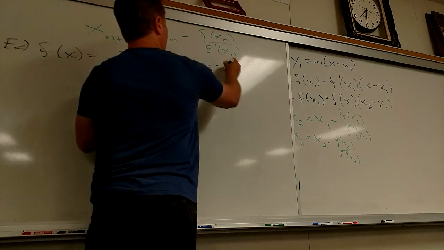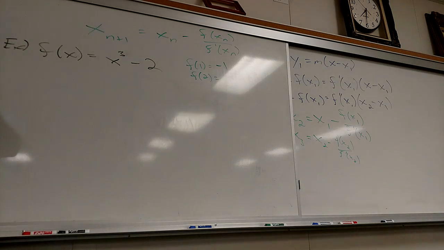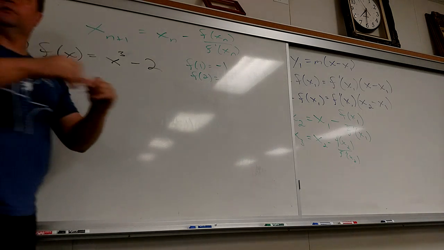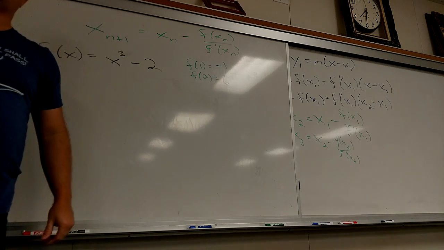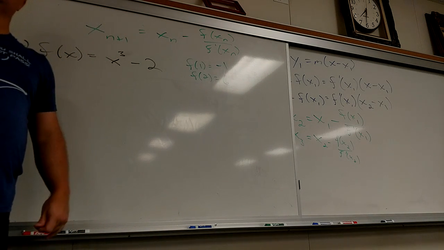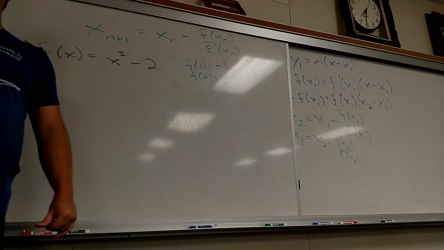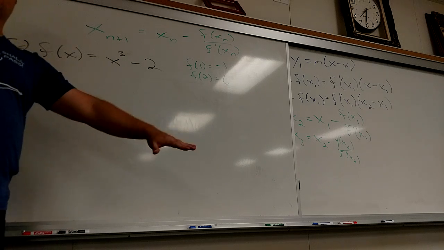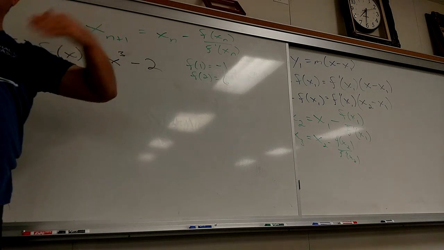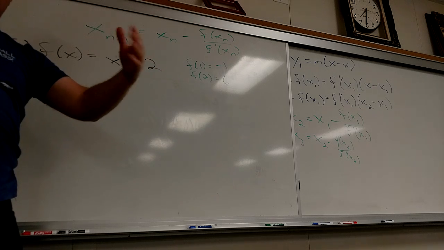Negative 1. And what's f of 2? 6. So should our first guess be closer to 1 or closer to 2? If you get close to 2, it looks like the outputs are getting close to 6. What do I want my output to be, considering what we're trying to find? I want my output to be